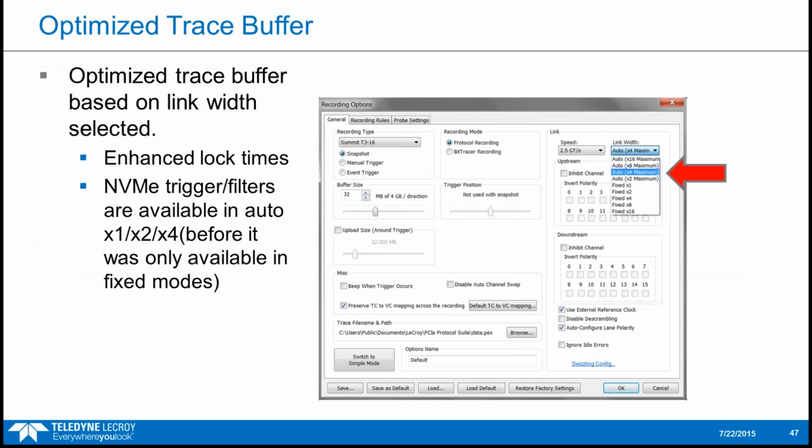Something that we've been working on, and we now have this capability, is the ability to do an optimized trace buffer based on a link width selected. So in our recording options screen, you look at the far right here, you see a pull-down menu with various link width capabilities. So for example, if you wanted to do by 4, by 8, by 16, you could choose each individual one. However, with this new optimized trace buffer, by selecting the closest lane width size to your particular application, you